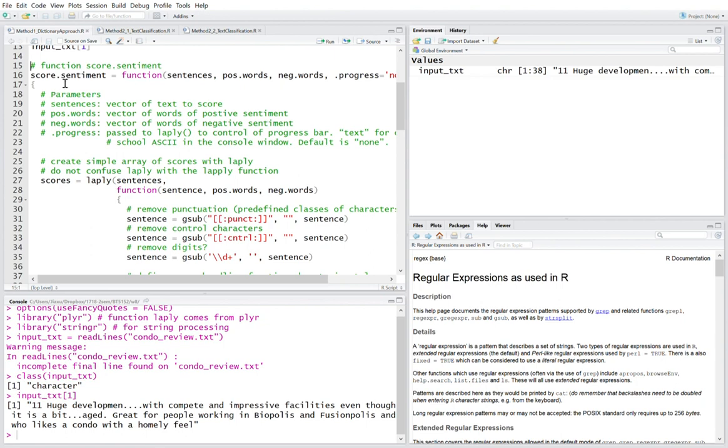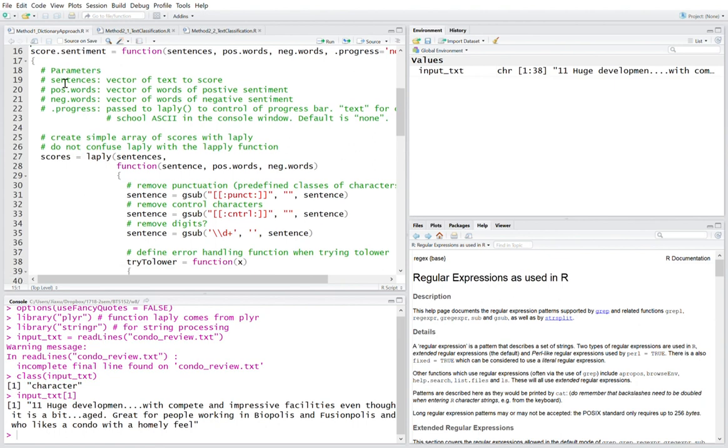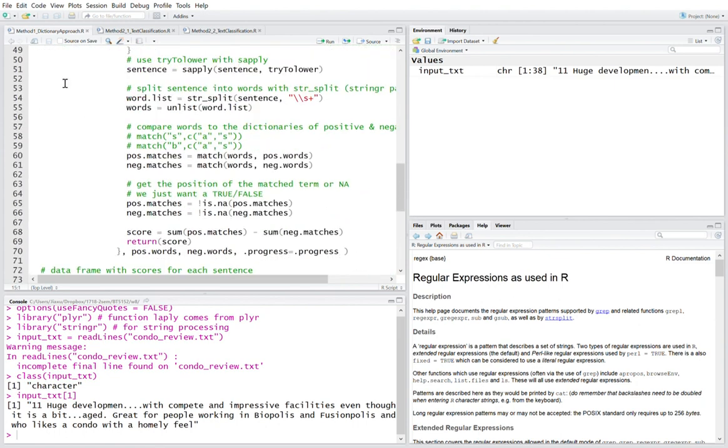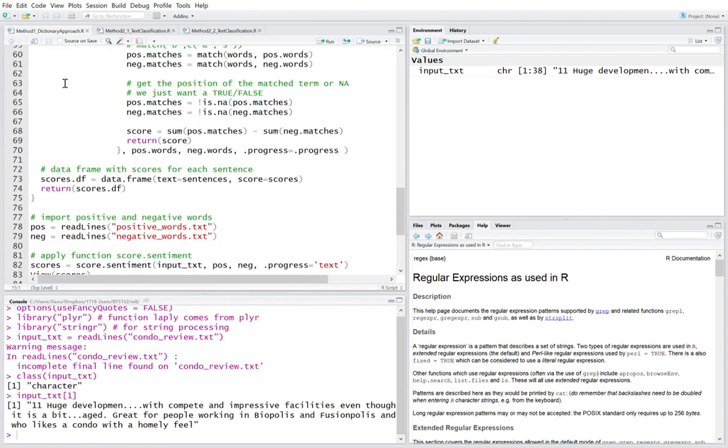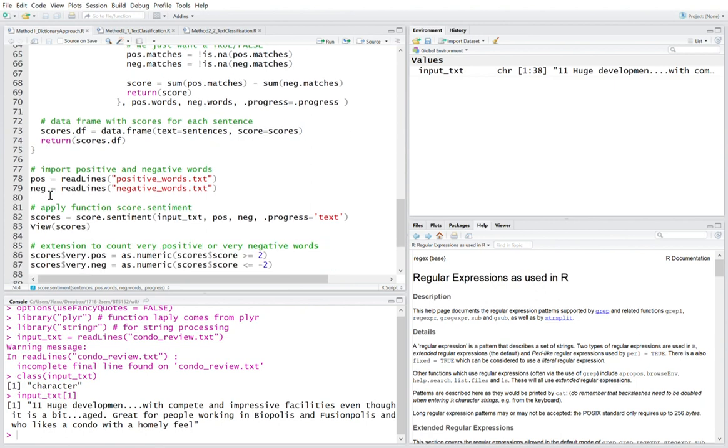This function is used to compute the sentiment score. It's quite a large block of function, right? So I will first tell you how we call this function. Of course, for the dictionary approach, we need dictionaries. I have also prepared two txt files. One is for the negative words dictionary, and the other is for the positive words. You can see in the negative words, actually